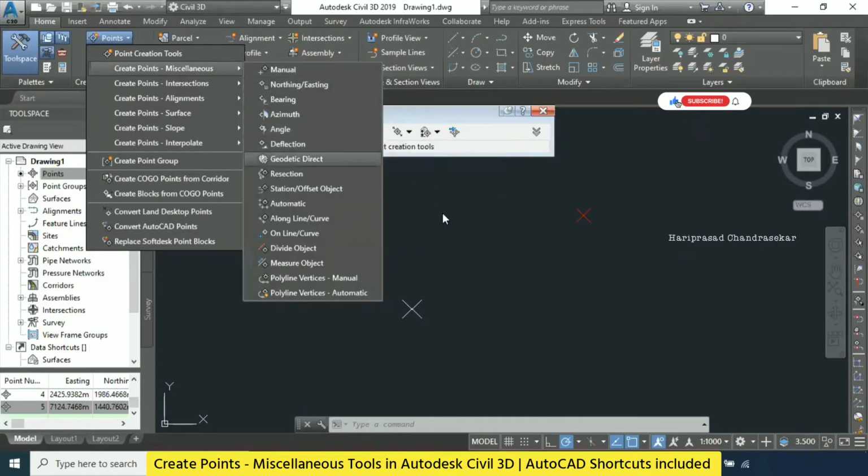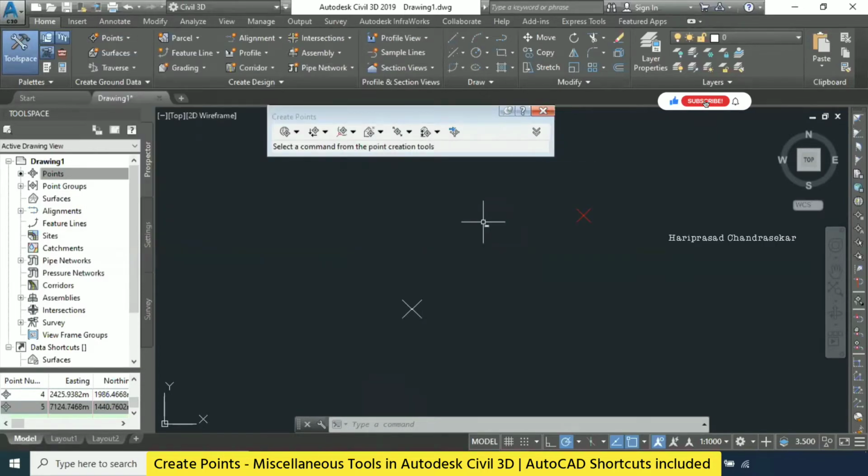Hari, I have one question. Yeah, you can ask. Are the point easting and northing created by us or by the computer itself? We are creating easting and northing by giving some value, and based on the value it will go into the workspace. The workspace is unlimited, like our earth, which is huge. We can make one circle, putting the value for the circumference of the earth.